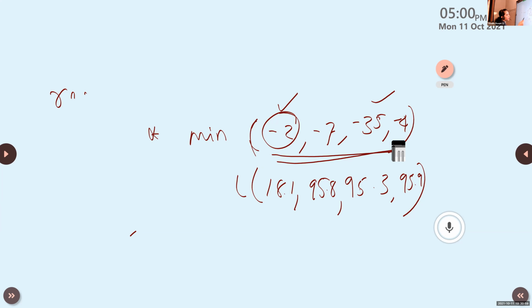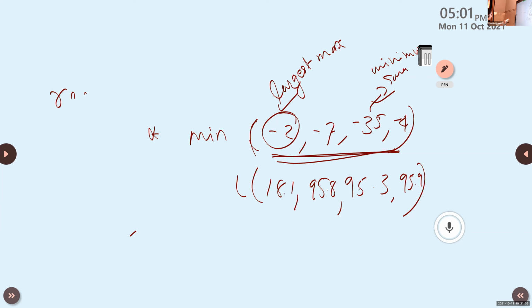Positive values we can identify using highest and lowest value, but you just take care of negative values. -2 is the largest value and -35 is the smallest value. This one is the largest or maximum value, and this is the smallest or minimum value. In the case of normal numbers, we can find it just like normal numbers. So that is min and max.